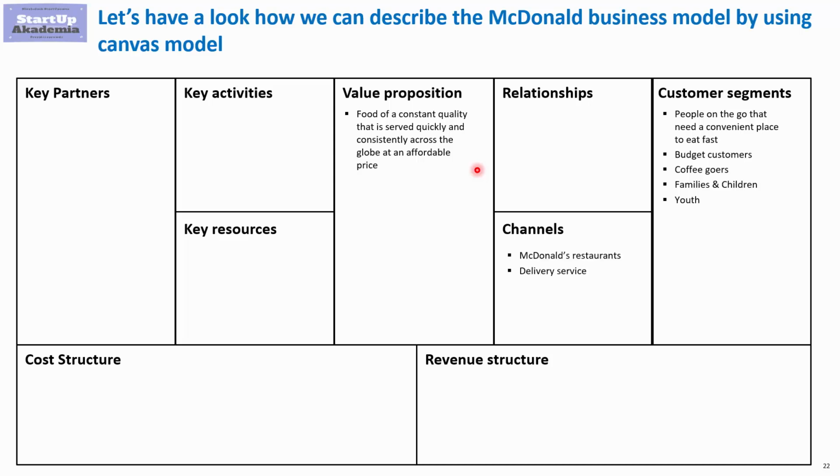When it comes to channels, McDonald's uses its own restaurants and delivery services such as DoorDash and Uber Eats. In the case of relationships, we can see that their main way to get customers is simply using the traffic generated by others. They try to be in places with high traffic such as shopping malls, highways, tourist districts. They try to keep customers by providing consistency of the service. They also use ads to remind customers how great they are.